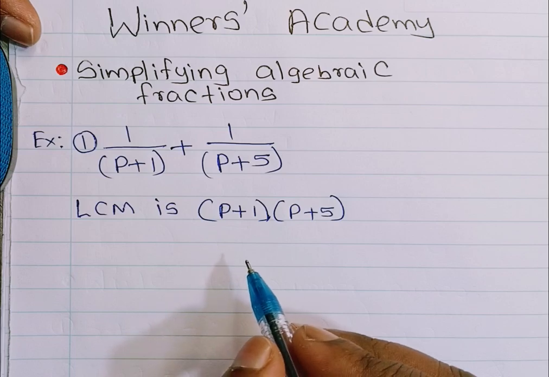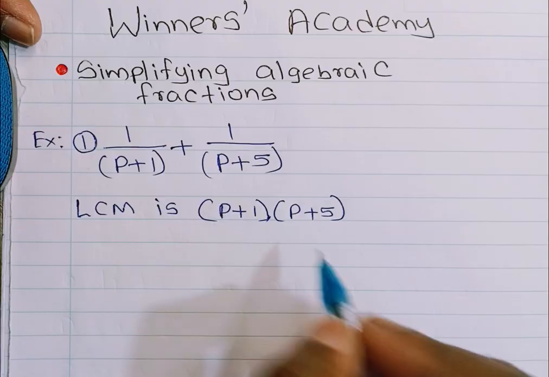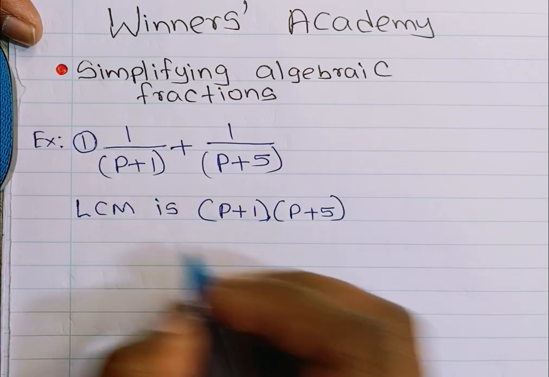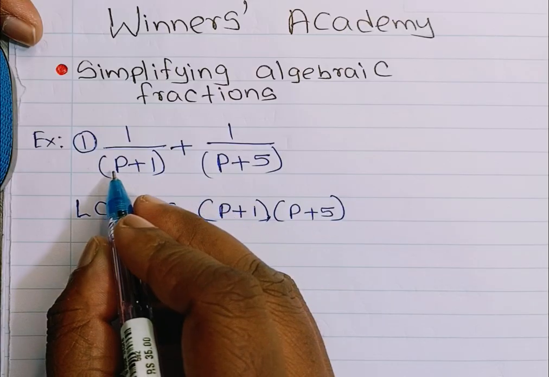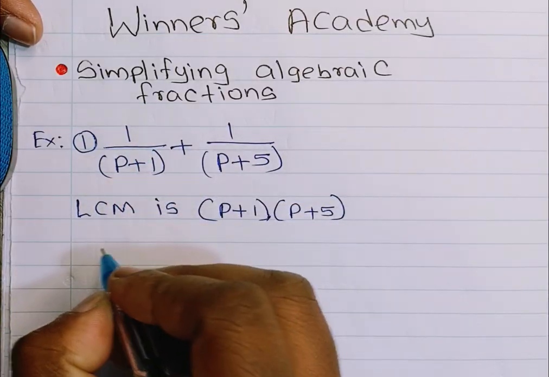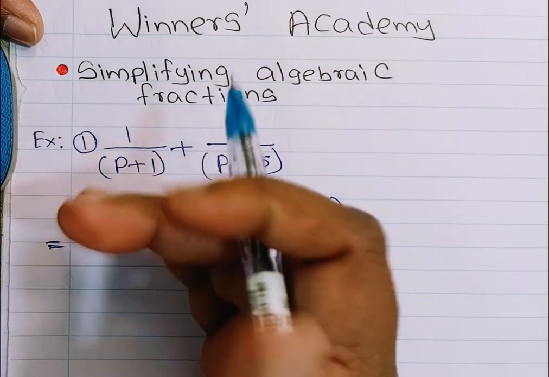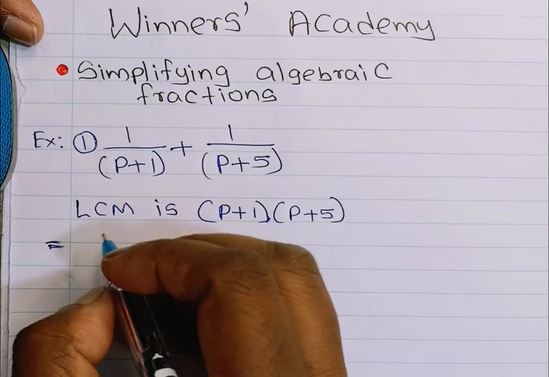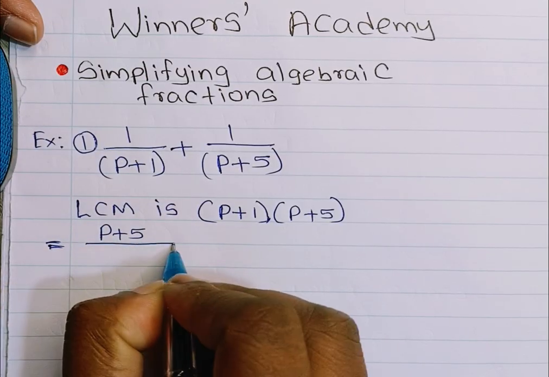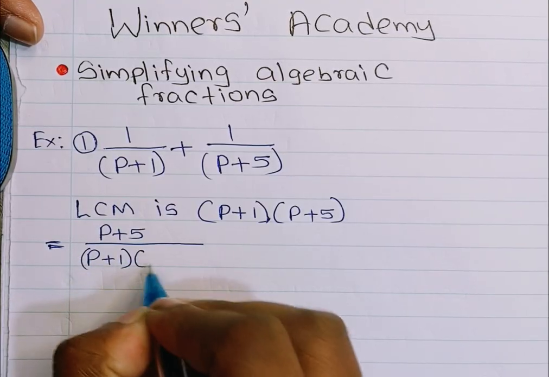Okay, so then, if you need to convert both the denominators into this one, we have to multiply like this, right? So in here there is no p plus 5 term, so on both sides I can multiply with p plus 5, right? So I'm writing like here. We are using the equals sign to continue the answer step by step, so we can write down like here, p plus 5 divided by p plus 1 times p plus 5,